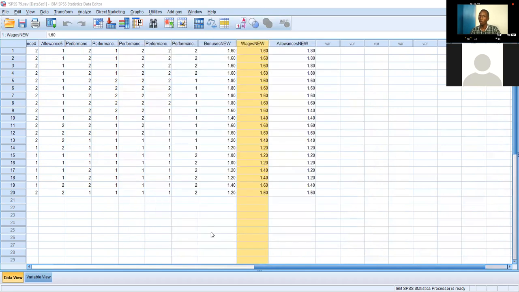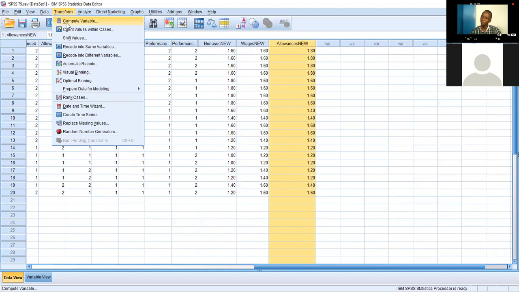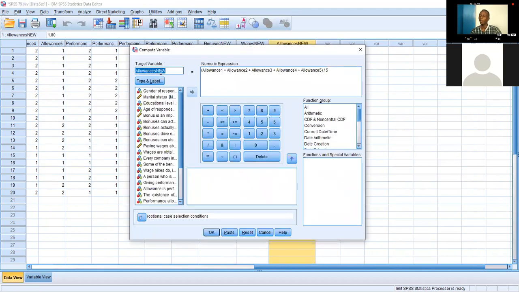So when you click OK, and you go back to this side, you find that it has created another column for allowances. Now we have calculated for averages of bonuses, wages, and allowance. Now we're going to do performance. You go transform, compute variable, and then you click perform new, okay,